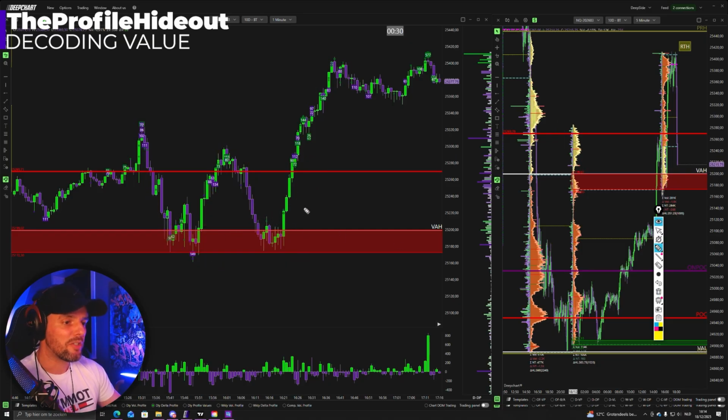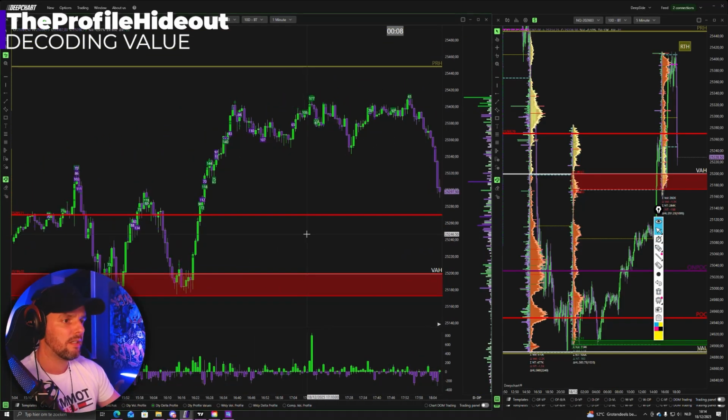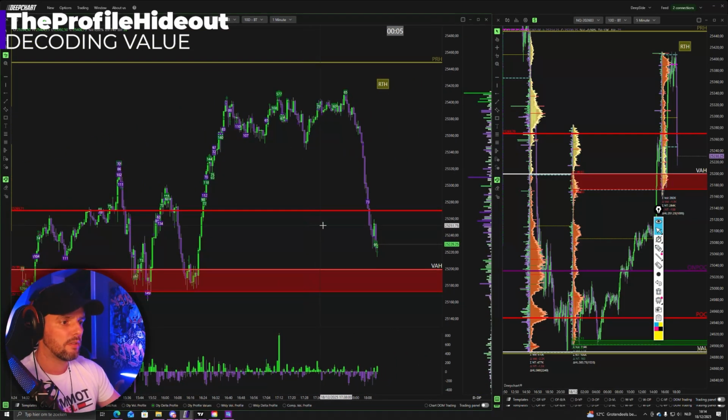So for me, the longs would have made more sense, even though the structure is not really that beautiful, and also there's no aggression in these candles. Just a little bit, a few buyers stepping in here, but no trap sellers like in here. These setups with the trap sellers on a level like that are just fire. Yeah, but regardless,